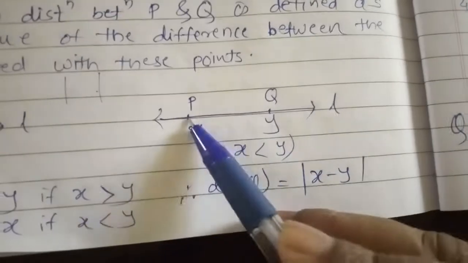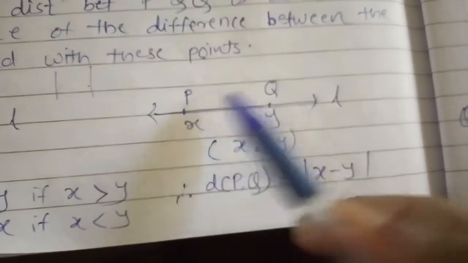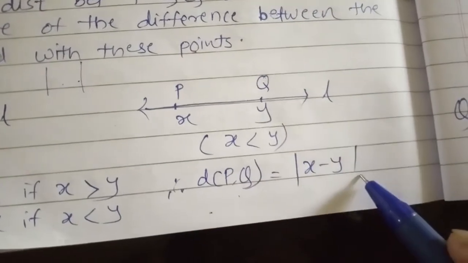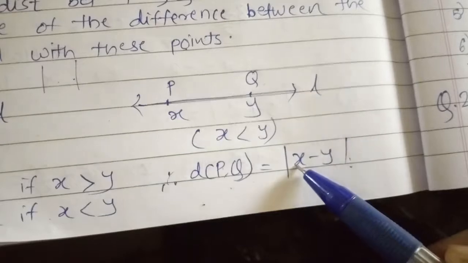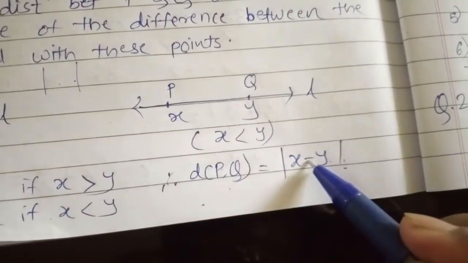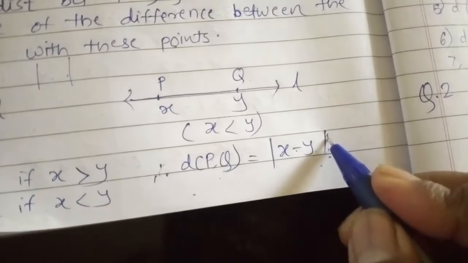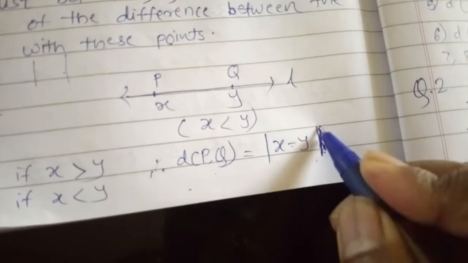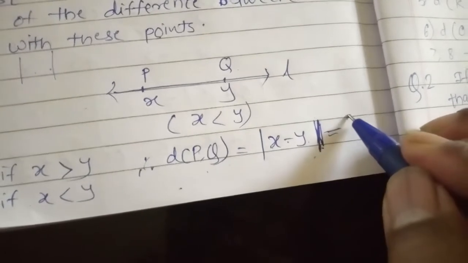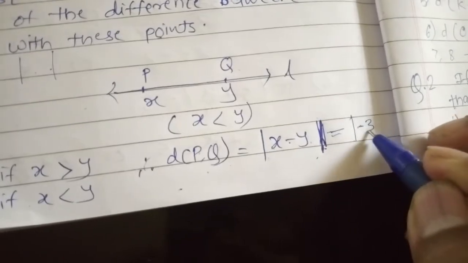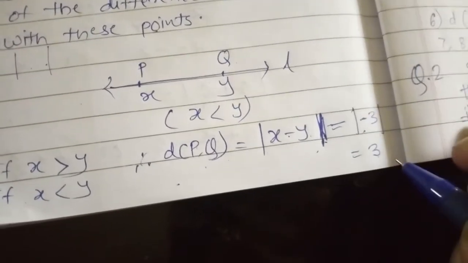Whenever we have to find the distance between P and Q, we just have to put down the modulus sign, that is the absolute value sign, vertical lines, and write down the coordinate of P, after that the coordinate of Q, and in between there is a minus sign. You all know that when we find the absolute value or modulus of any number, even a negative number, the answer is positive. Means if there is -3 in the mod, then the answer is always +3.